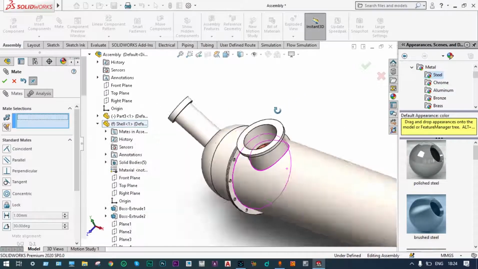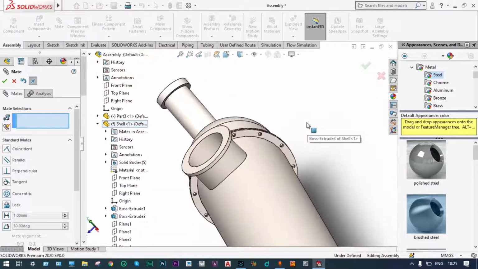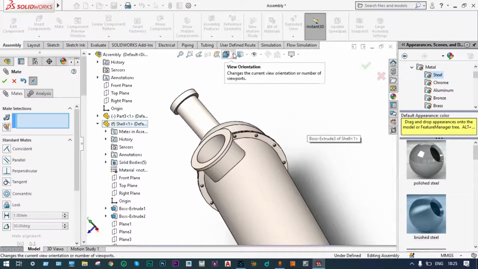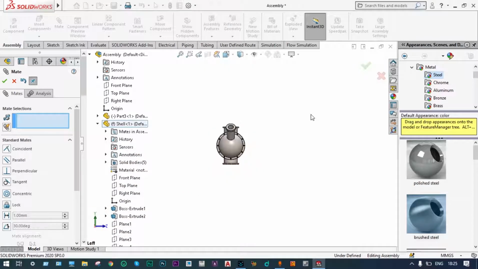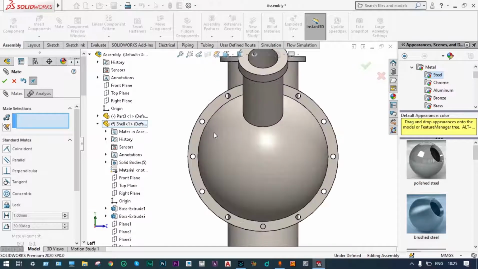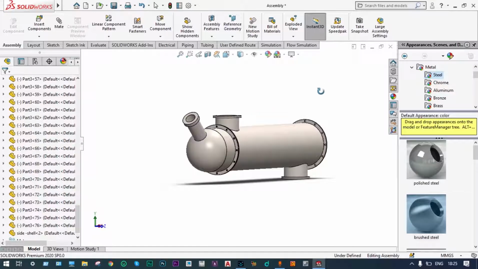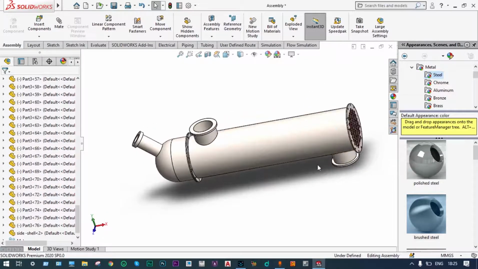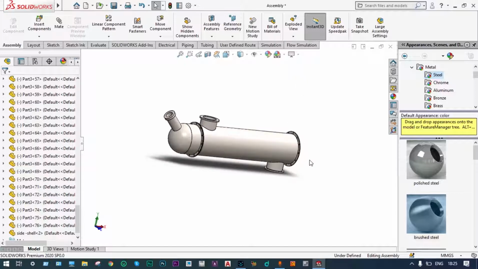So it is assembled. You can see from the side also. Let us see the side view. You can see the holes are matching perfectly. So accept this one with green check. Now the same thing is to be done on the other side. That means the same side shell is to be inserted on the right hand side. We can